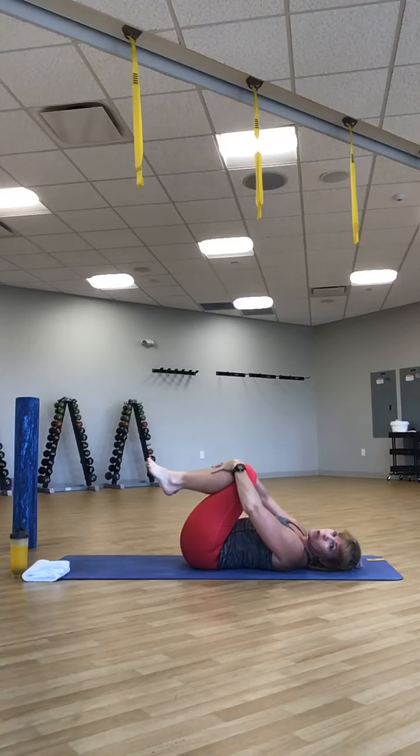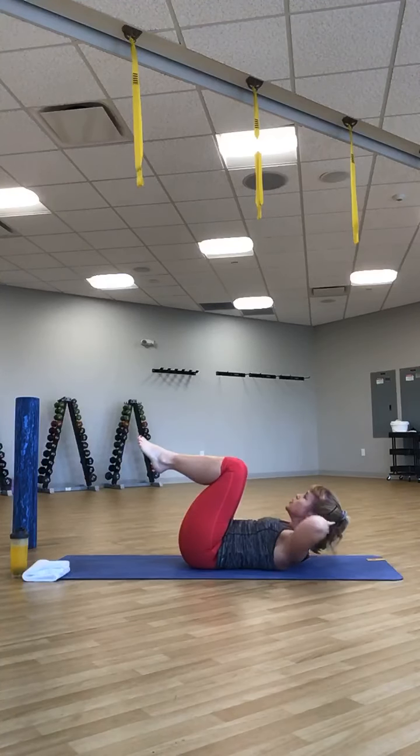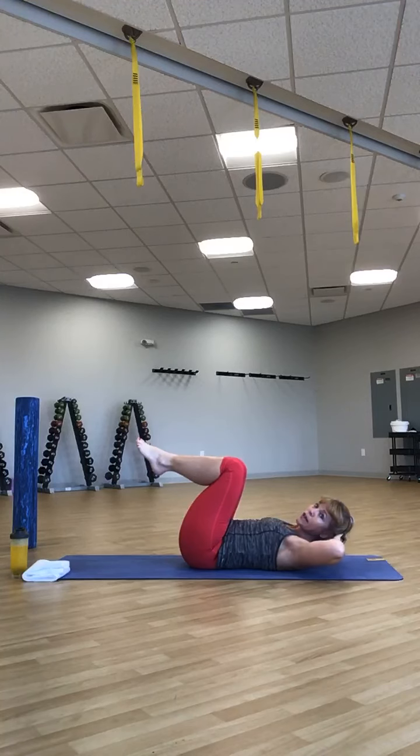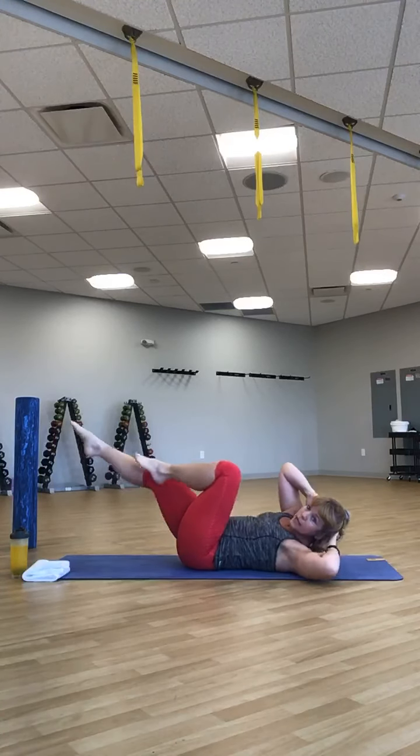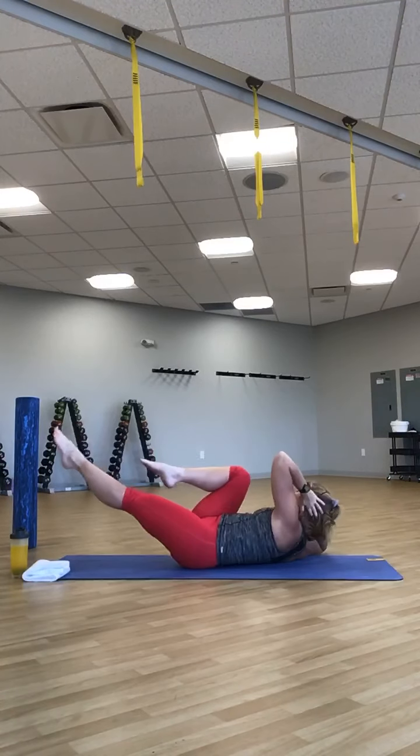What we're going to do next is bicycle, which you've probably done in classes before. The only difference is we're going to do 2 on each side. So hands behind your head, lift up your head and chest, press your shoulder blades down, keep your elbows back. You're going to breathe in for 2 on one side, out for 2 on the other. Breathe in, out,